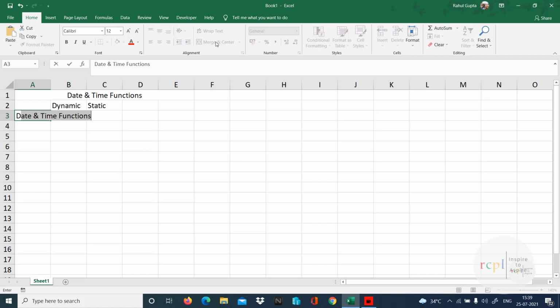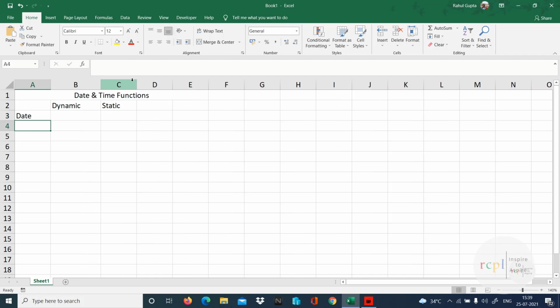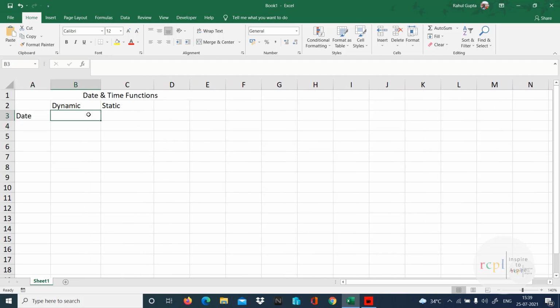So let's talk about date: how to get the dynamic date and the static date. For the dynamic date we use the function =TODAY(), open bracket, close bracket. That gives us a dynamic date, meaning when I open this sheet tomorrow, I'll get tomorrow's date. Today is 25/7/2021, and that's what I got.